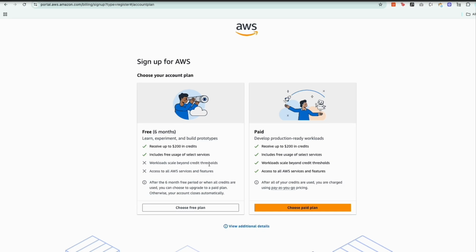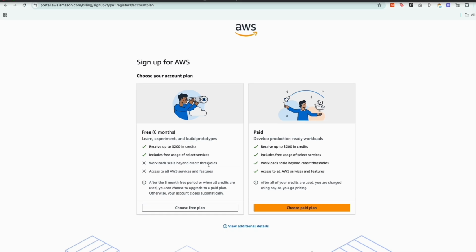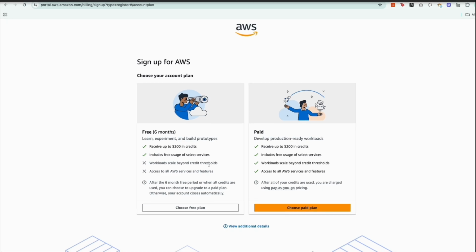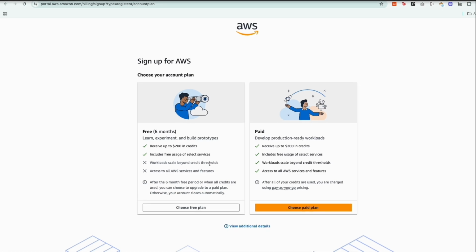On this page you can see two plans, one is free tier and the other one is paid. In both free tier and paid, you will be receiving around 200 credits in your AWS account, which can be used on selected AWS services. The main difference is that in free tier you can't scale your service beyond the 200 credit limit. Once the credits are exhausted, your service will stop and no extra amount will be automatically charged to your credit card if you are using free tier. Whereas in the paid plan, you can scale beyond 200 credits and the additional bill will be coming to your credit card